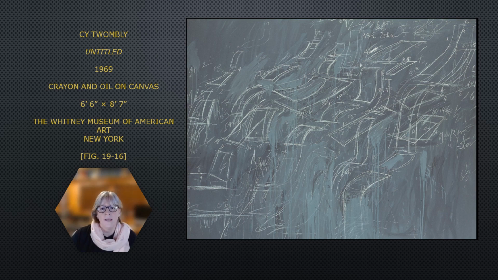In this piece from 1969, we see what looks like mathematical figures and problems that are trying to be worked out. The slate gray makes the canvas look like a blackboard, and the white-shaped numbers and letters look as though they were made with white chalk instead of crayon and oil paint. Cy Twombly's works display the beauty of mark making and often contain quotes of classical myths and allegories.